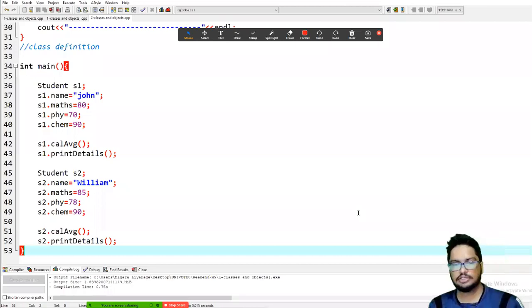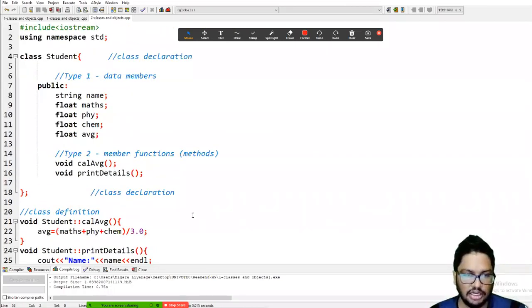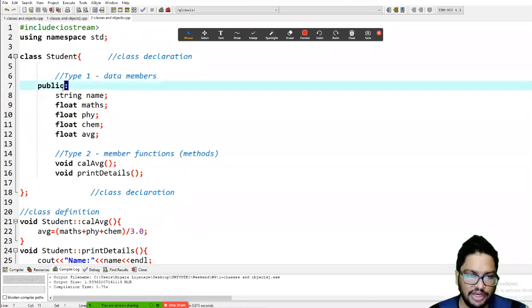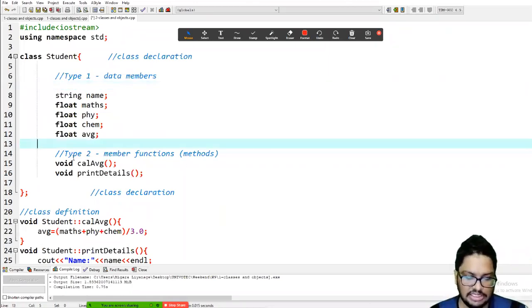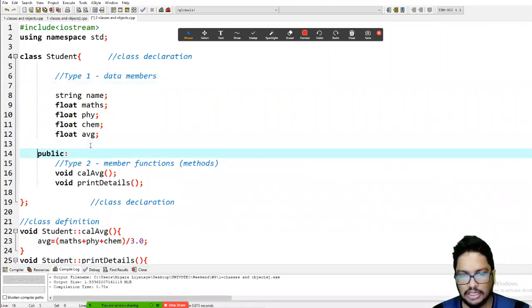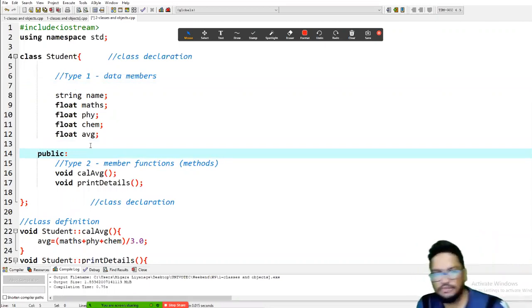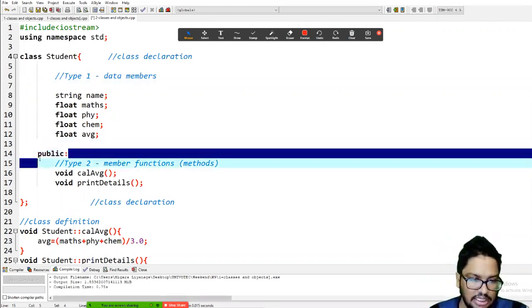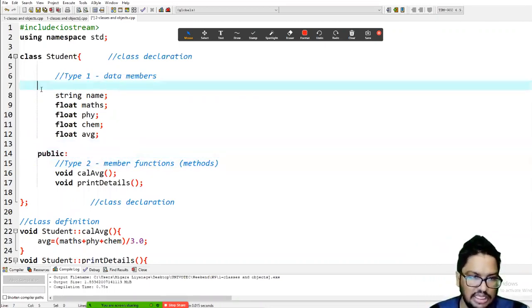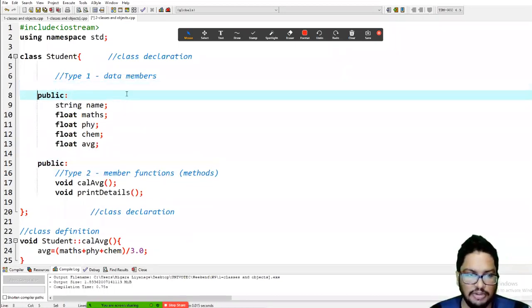Right. The thing is, usually we don't define them as public. We define member functions as public, but we define these data members not as public, but as private.